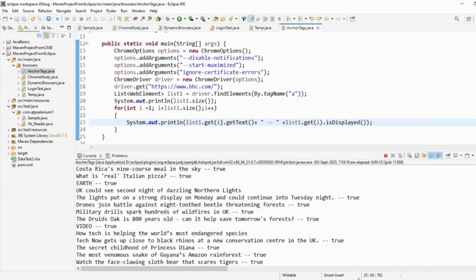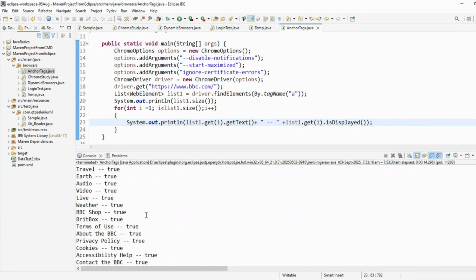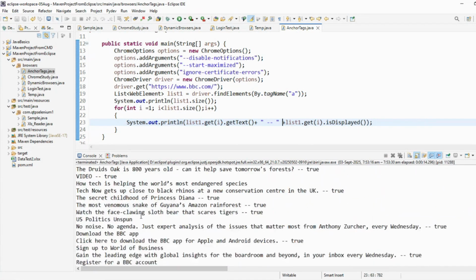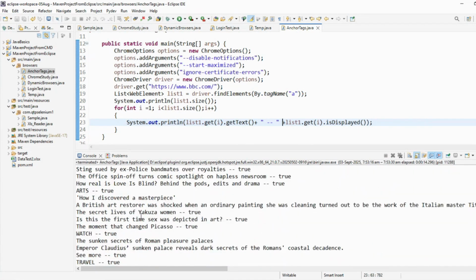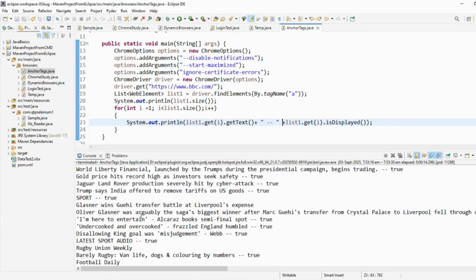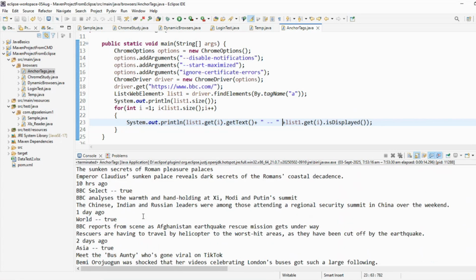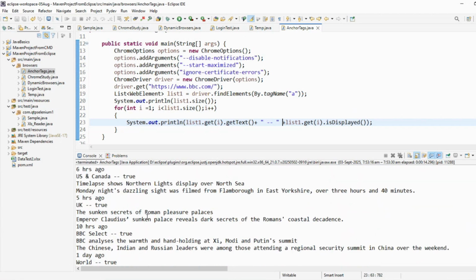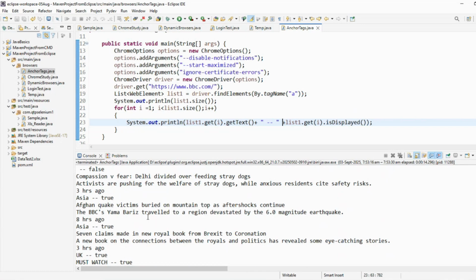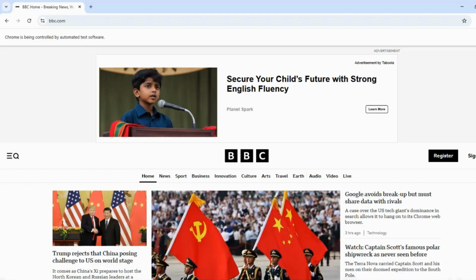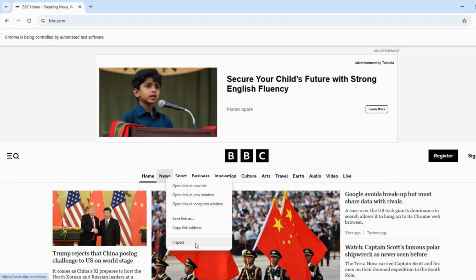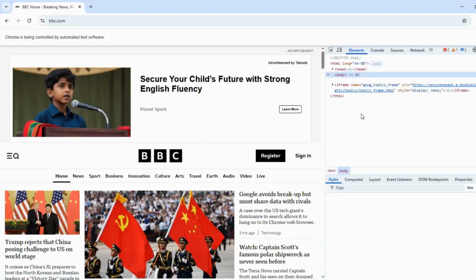Now you see true, true, true, which is displaying on the page, then it will return true. If it is not returning true, then it is not displaying. Now true, true, true. Now if you see over here, if I suppose look for this inspected,